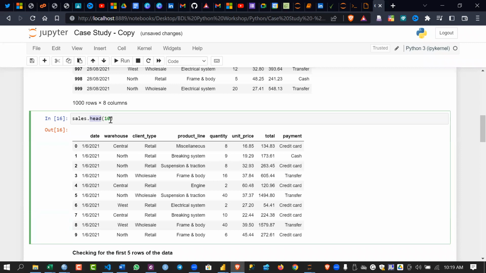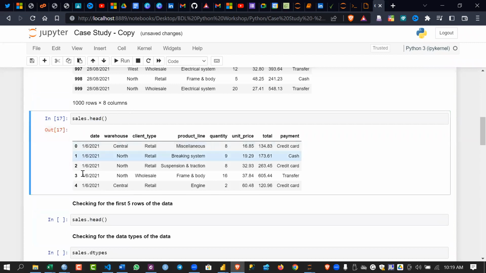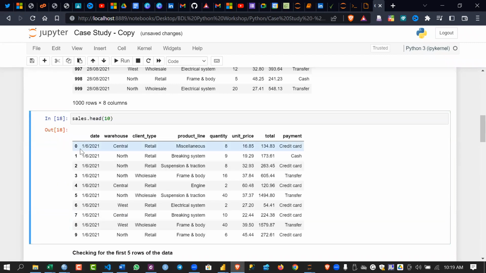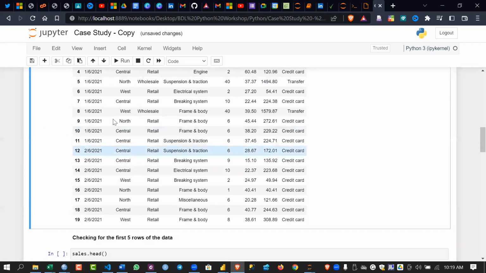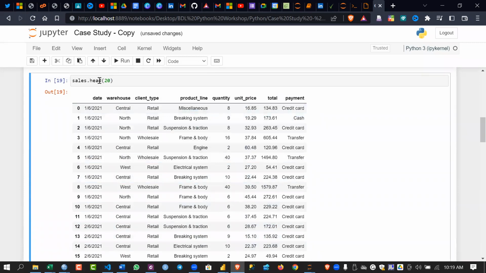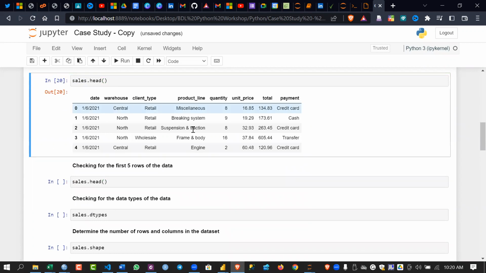Now, the argument it takes by default is 5. So by default, it's only showing us the top 5 rows. But you can also give your own value. I can give 10 now, and it's going to show me the top 10 rows. What if I give 20? You can see I have my top 20 rows. So this is what the head method does: sales.head, or the name of your data, then .head. The argument it takes depends on how many rows you want to view. Most of the time, if you do not put any value, it's going to give you only 5